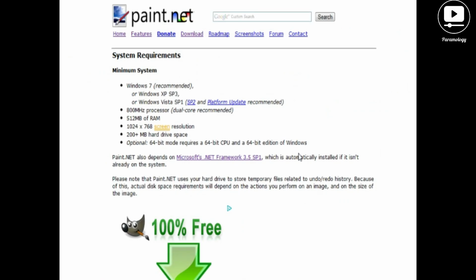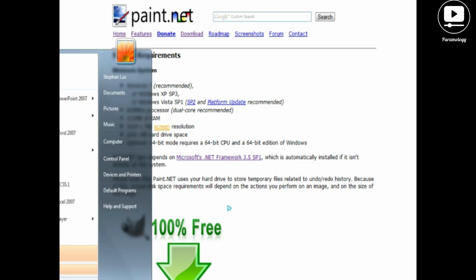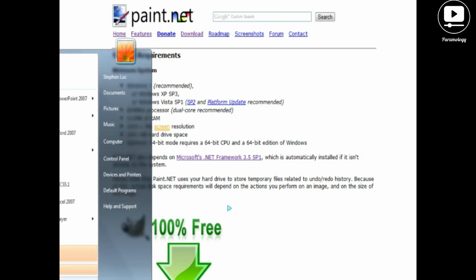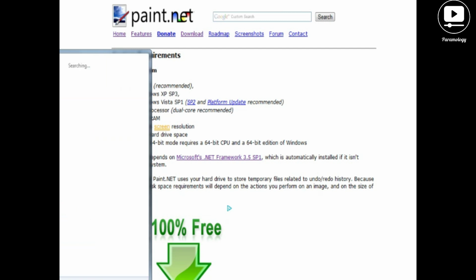Once you're done with that, and let's say that you've had success on the installation, now it's time to open paint.net. To access it, you can either find the icon on your desktop, or you can click on the start button here and then click in the search area and type paint. If you successfully installed it, then you'll see paint.net right here. And when you click on that,